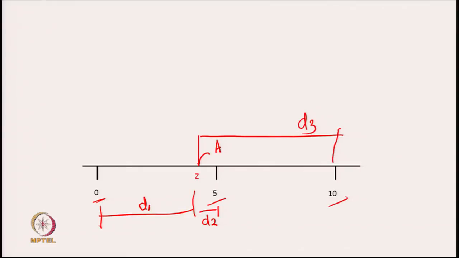So, it calculates the distance from all possible transmitted values, and then it finds the transmitted symbol or signal with minimum distance. Okay. So, in this case, for example, d2 is minimum out of d1, d2 and d3, and thus it selects 5 as the possible transmitted signal. So, the receiver decides that 5 must have been transmitted,